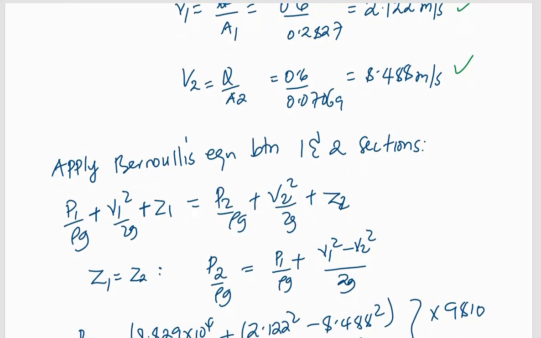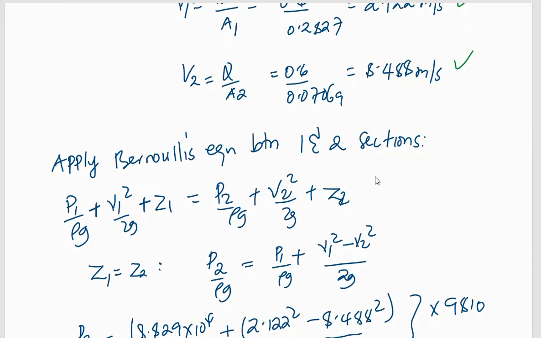Then we needed to also apply Bernoulli's equation between sections 1 and 2 in order to determine the pressure at 2. Because if we don't have pressure at 2, then we cannot proceed with whatever we need. Therefore, P1 divided by rho g plus V1 squared out of 2g plus Z1 is equal to P2 out of rho g plus V2 squared out of 2g plus Z2. Since the pipe is on a horizontal ground, then Z1 is equal to Z2. Therefore, P2,